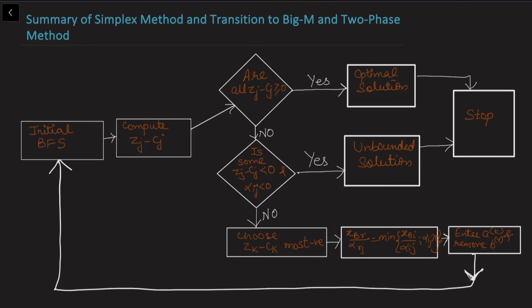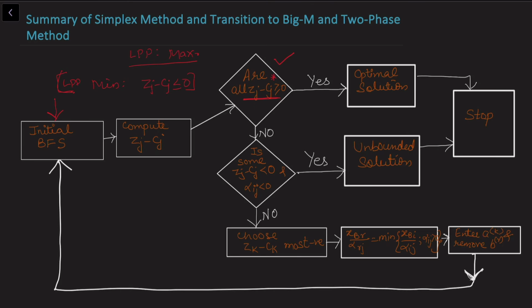We start the simplex method always by selecting an initial BFS and then we compute Zj minus Cj. If all the Zj minus Cj are greater than or equal to 0, and here I have considered the linear programming problem as maximization. So this flow chart that I have constructed is for maximization. If you want to look at this for the minimization problem, then obviously at this condition Zj minus Cj should be less than or equal to 0 if the current LPP is minimization. So that is an obvious conversion. This I have explained already in my last videos.